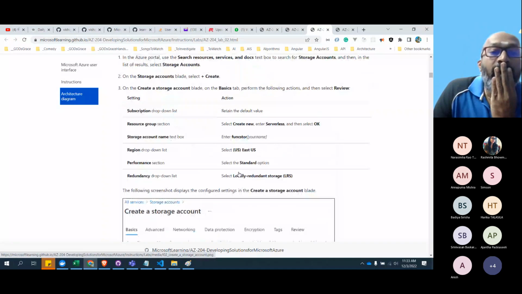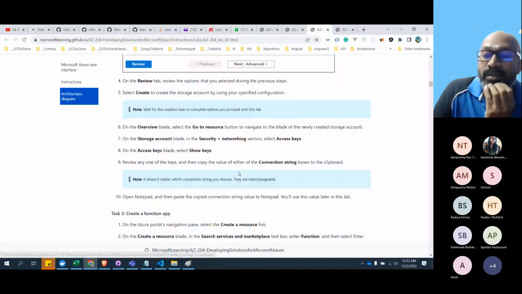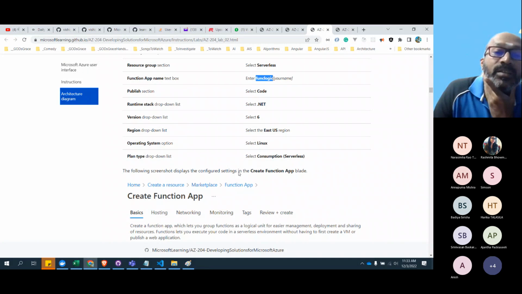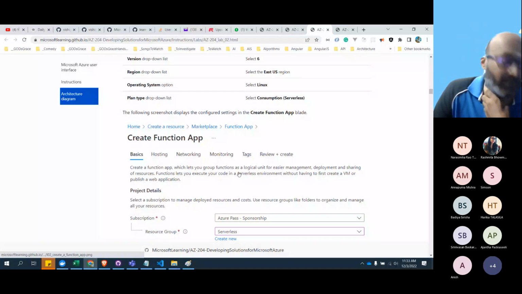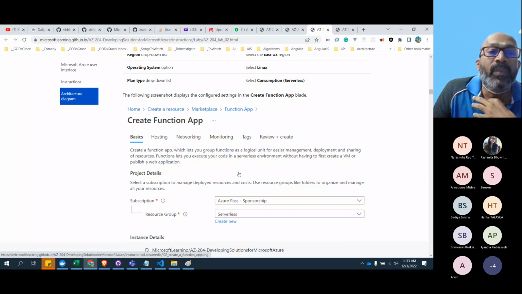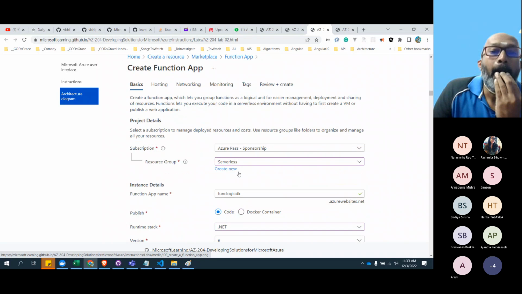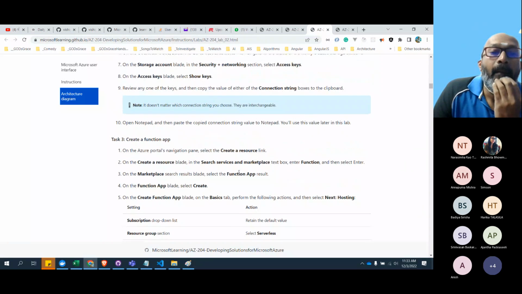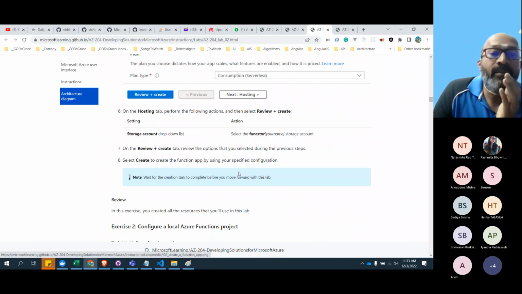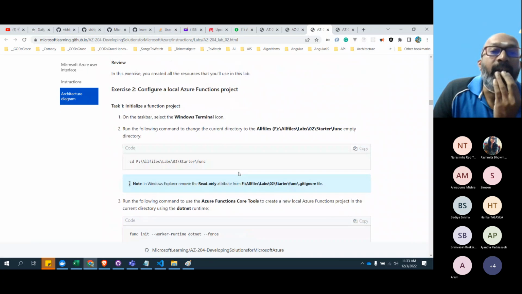So we have reused the storage accounts, saved some 10 minutes time, and we created a function app, which is of Linux operating system and serverless consumption plan. That means it is Y1 and it's called dynamic. That's the consumption plan. Now the function app has been created. And everything we did it here.